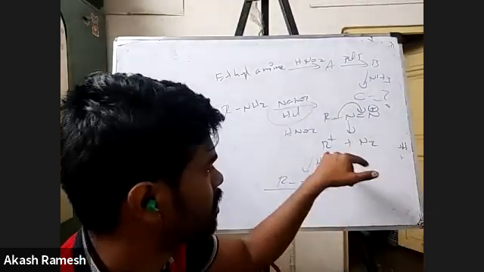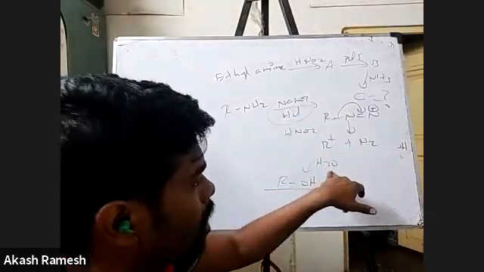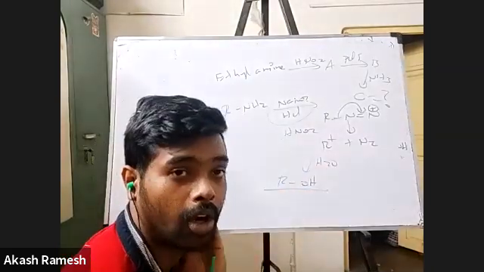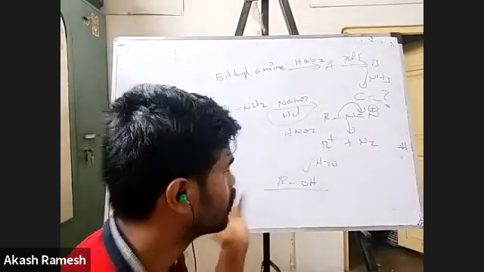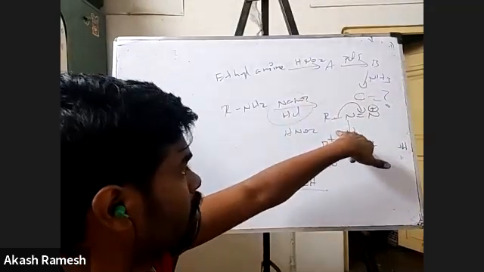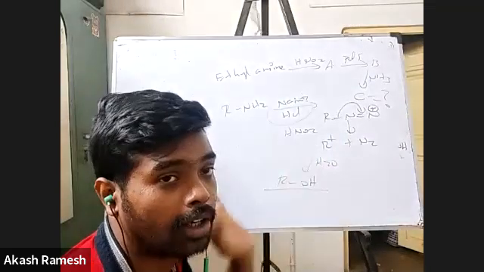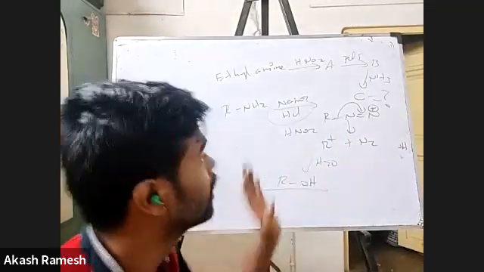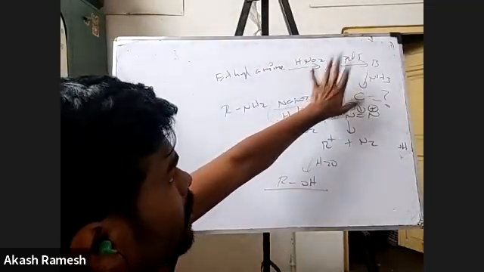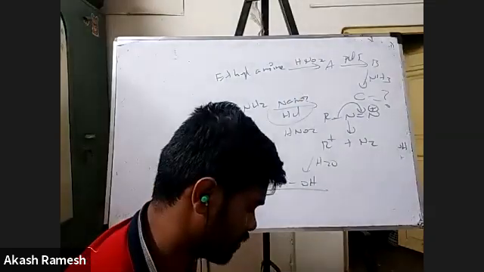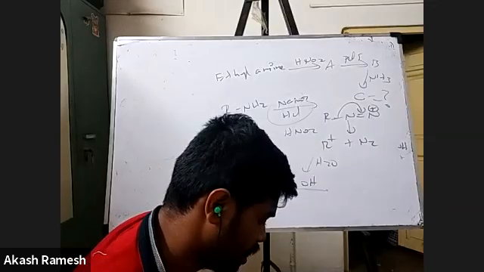What you have to understand is that if I form the carbocation, the water molecule is in major quantity, so obviously the major product would be alcohol only. Hope you understood the mechanism: formation of diazonium salt, removal of N2, formation of carbocation, attack of H2O to form the alcohol. That's it. The same thing is going to happen here also. Now you can get the product. You have to remember this, people.